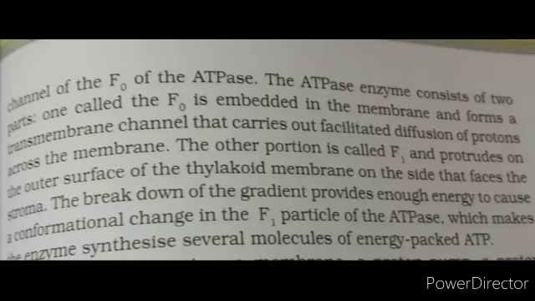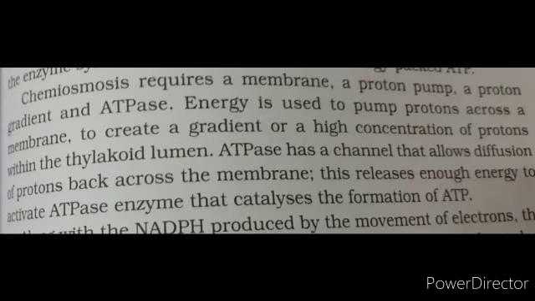The breakdown of the gradient provides enough energy to cause a conformational change in the F1 particle of the ATPase, which makes the enzyme synthesize several molecules of energy-packed ATP. Chemiosmosis requires a membrane, a proton pump, a proton gradient and ATPase. Energy is used to pump protons across a membrane to create a gradient or a high concentration of protons within